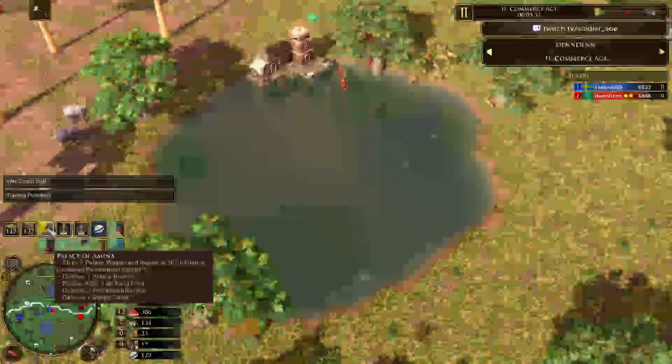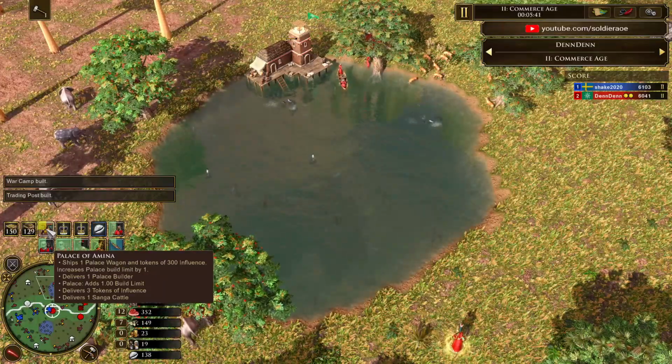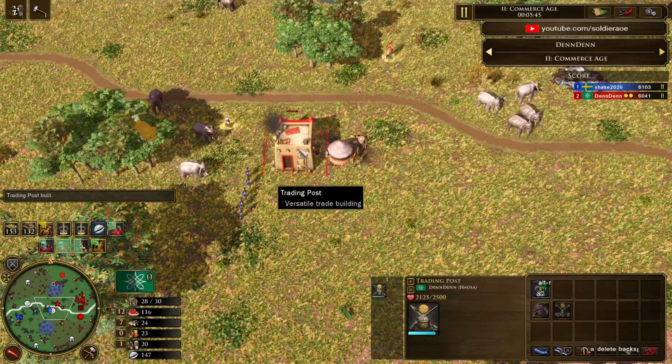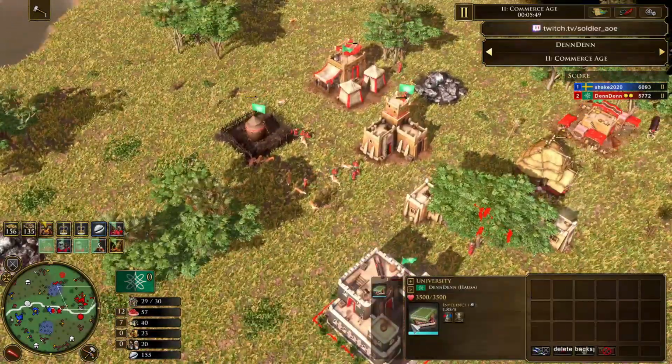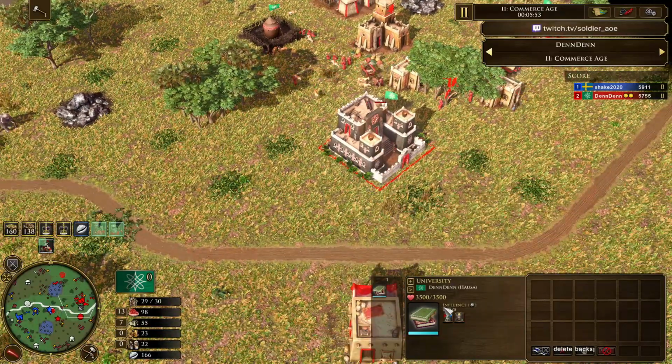I mean, it's a little bit more vulnerable than on most fishing maps, but anyway, he's got one palace coming in with 300 influence, and the Carolines are sieging that forward TP. A second TP was dropped by Dennis, so he has the university, and I do know that Africa generates influence